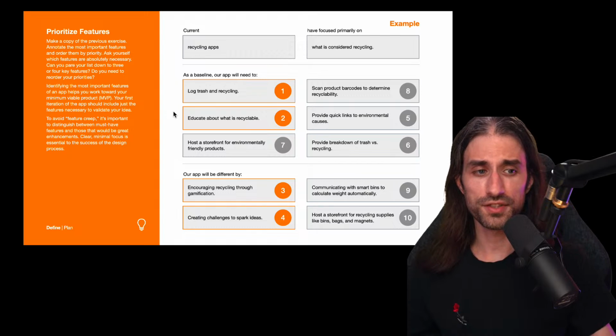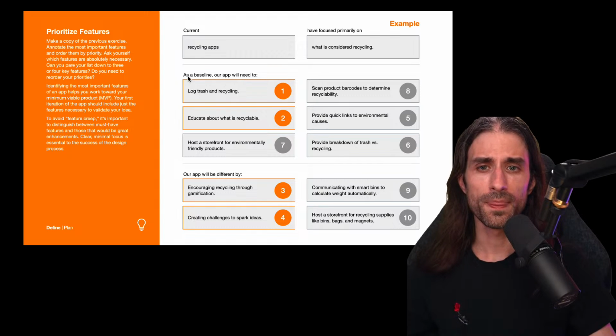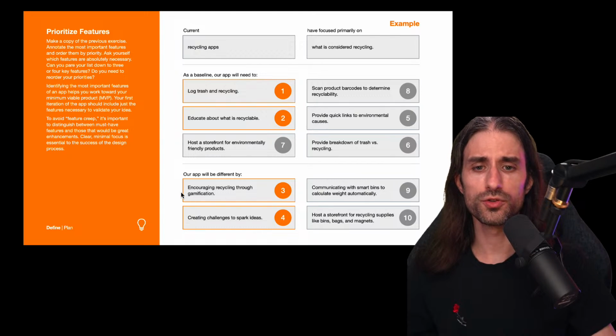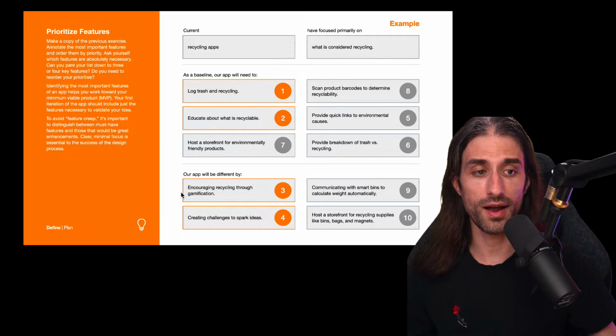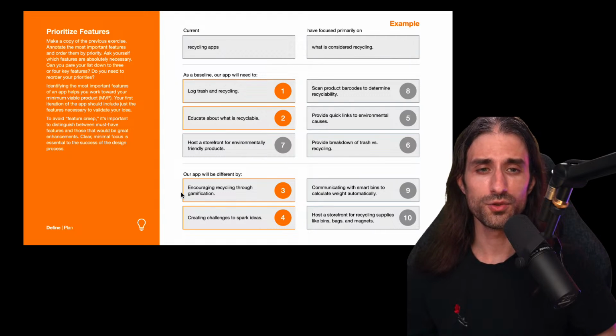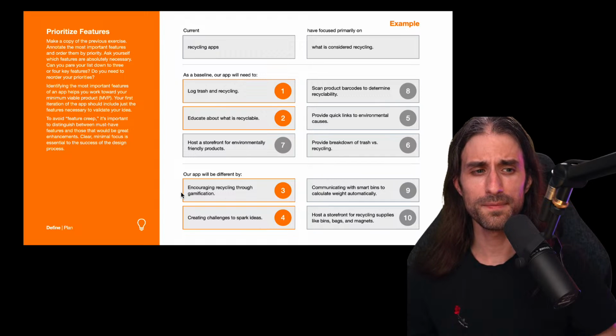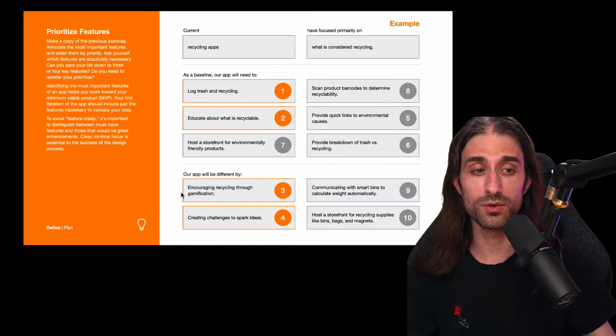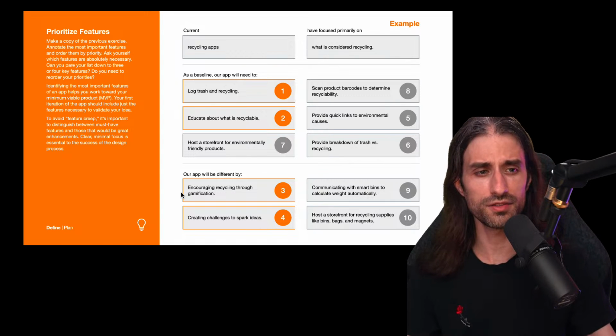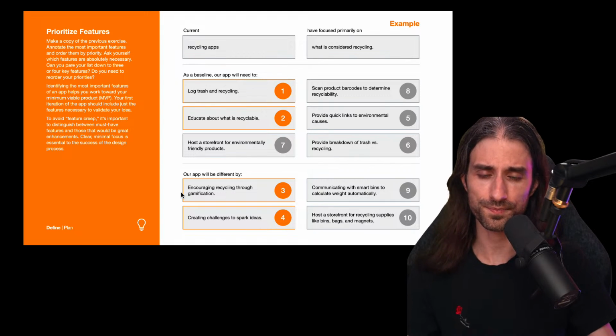And I would say it's very important in your MVP that you include both baseline features but also differentiators, because remember, differentiators are what make your app unique. So if you don't have any differentiator in your MVP, it might be hard for users to understand why you're different from what they are already using, or not using because they don't like the current offering.